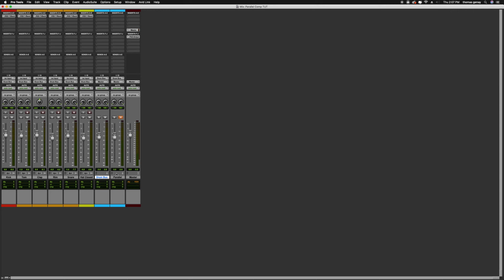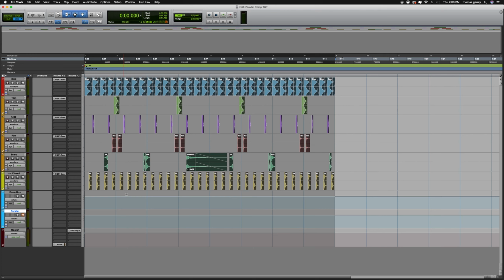I'll just go ahead and show you. What I do is everything, all these tracks right here, you can see they're routed. Their outputs are going into my drum bus, right? And my parallel bus has the same input as my drum bus. They're both drum bus right here, bus 1, 1, 2. So that's how I set it up. I don't set it up as a separate bus. I set it up as the same bus. So dry signal, again,